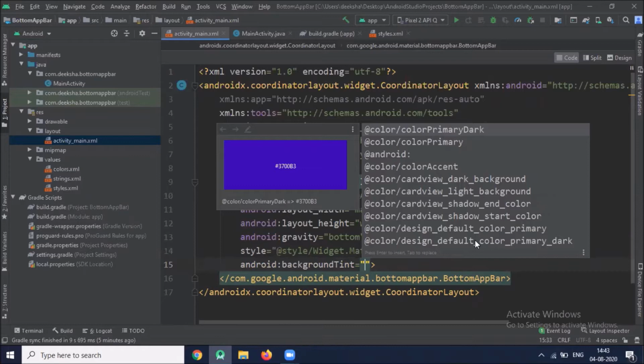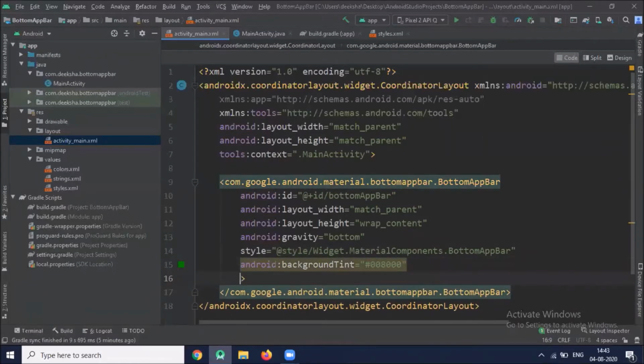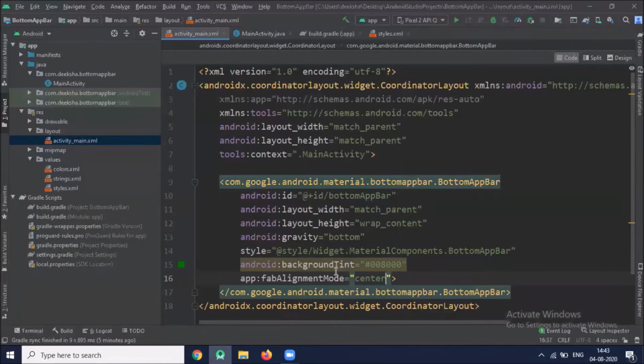This background tint is used for the background color of our bottom app bar. Here you can choose fab alignment mode, either center or end. Here I'm going to choose center.